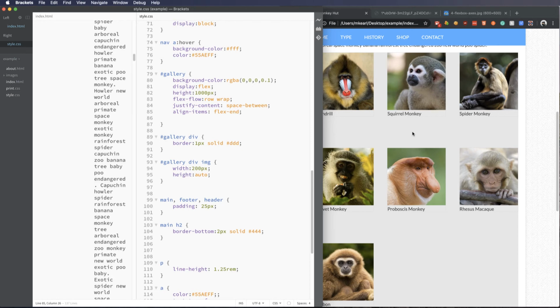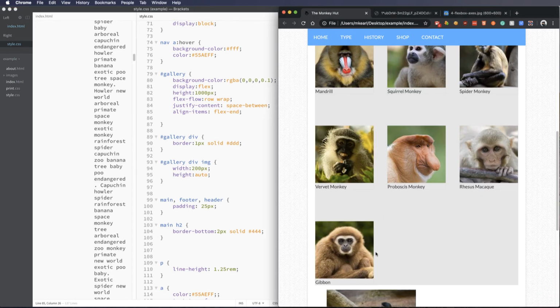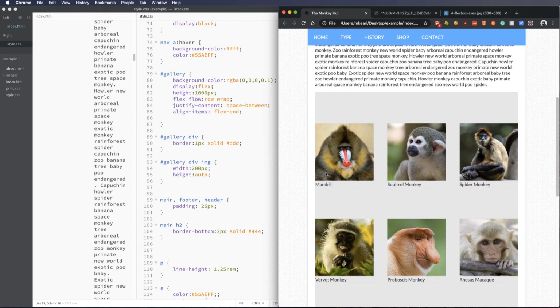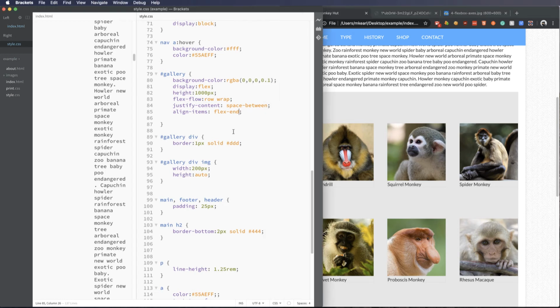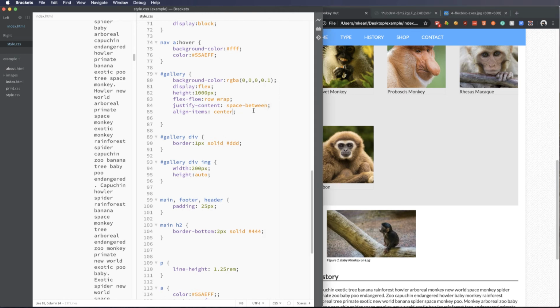Let's counter that against an end, and you can see now how this is towards the bottom, and this one is towards its bottom, and this one is towards its bottom. And we can also flip that over to a center, and you can see how that's centered now in its space. And we can do the same ones like we had before. We can also do one that's called a stretch,